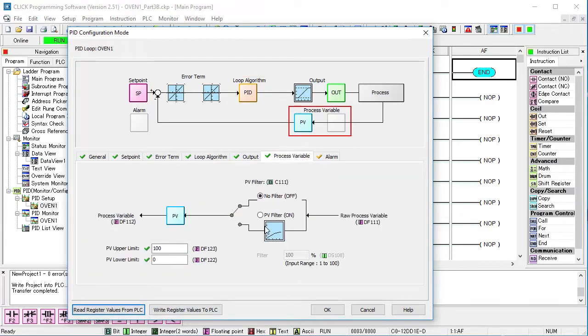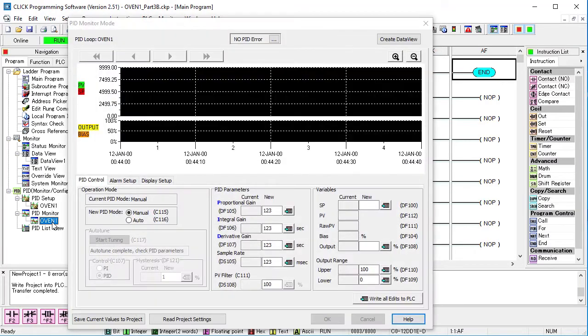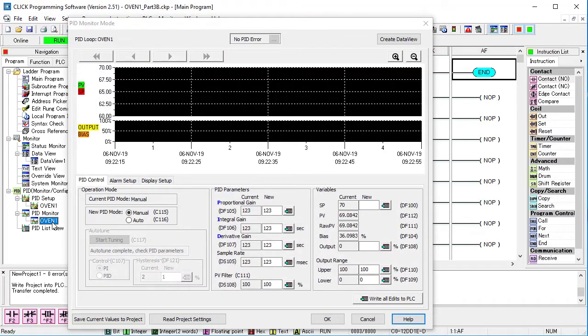Now we can enable process variable filtering and then write all of the values back to the PLC. So reading the PLC values first preserves the new tuning coefficients and puts them in the project so we can save them for future transfers. If we go back to our PID monitor, sure enough, the process variable filtering is enabled, and we see that we did in fact preserve the tuning coefficients.